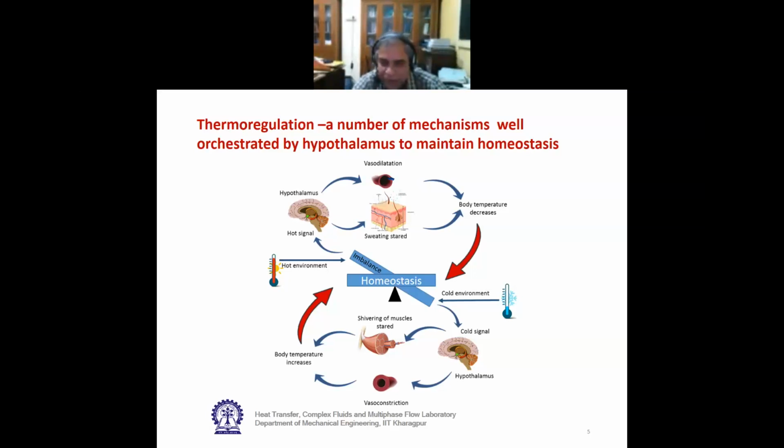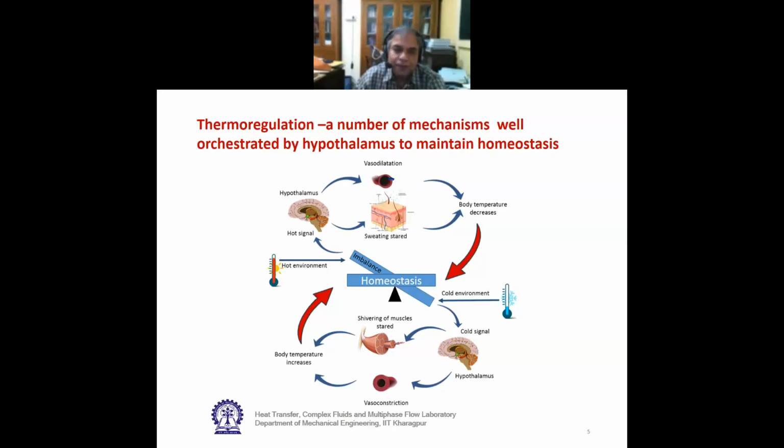They will restrict the heat transfer from the body by producing some sort of resistance to the airflow over the body. So that is also another mechanism for conserving thermal energy, or protecting the body from losing a lot of